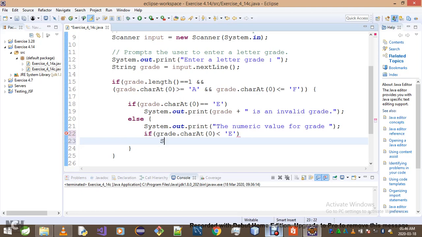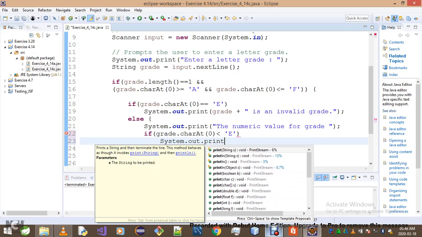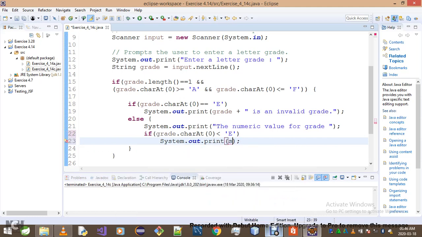So if that is the case, I'll simply go system.out.print, simply go E minus this right here, and now I'm gonna typecast that into a byte. Okay,